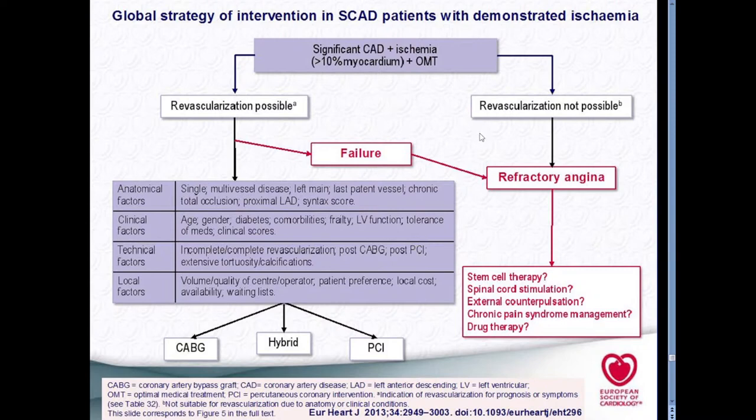So, if the patient has significant coronary artery disease plus ischemia with the involvement of more than 10% of myocardium and is having optimal medical treatment, and if the doctor considers that revascularization is possible, this revascularization should be performed, taking into account